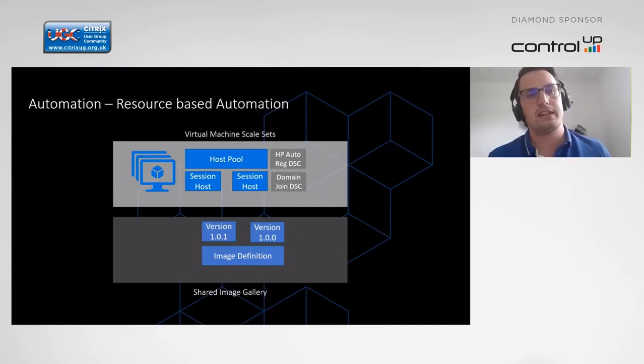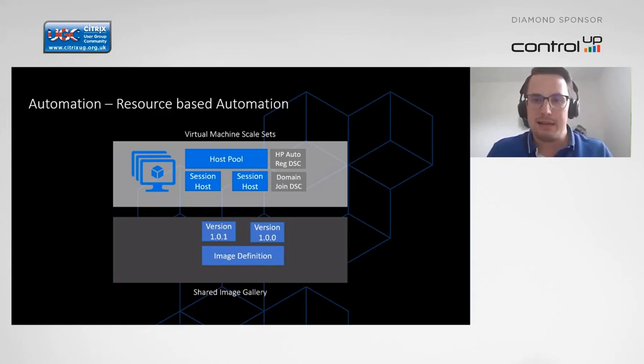Looking at the other solutions, my so-called resource-based automation solution is a bit older. I started with this already in the Fall version, so the early version of WVD. It was actually my first try to get started with automation, watching the resources on the machines and deciding based on metrics like the average CPU utilization per machine when the machine scales up or scales down. The complete image management can be done via a shared image gallery as well, so you can benefit from the same